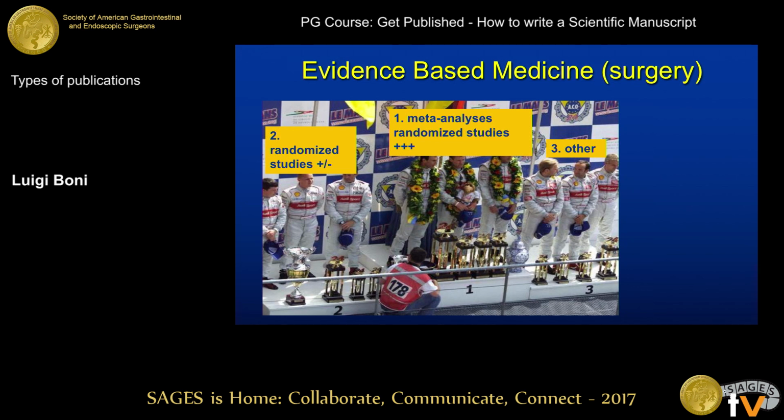If we're lucky, we can find a randomized control study. But interestingly enough, especially in the field of surgery, we have very few randomized control studies to work on. And the third kind of literature, which is the one that we have more often available in the literature, is the third one: non-randomized comparison, historical comparison, case series, or we do still have in surgery